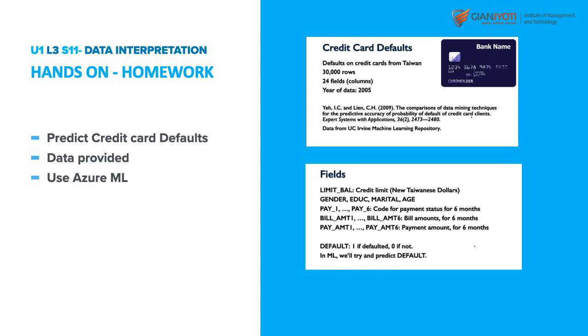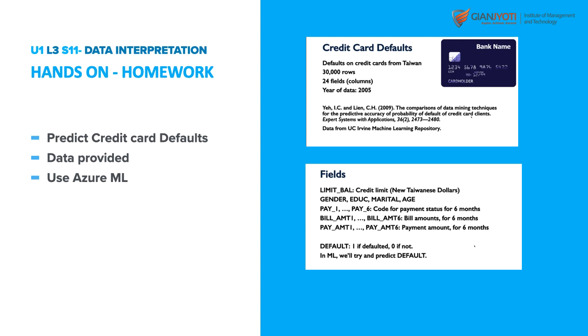The fields are very important for you to understand. The first ones are which are of help to you and which are mandatory for you to understand. First one is the limit balance, which is the credit limit. Second is the gender, the education of the person, the marital status, the age, and then comes pay 1